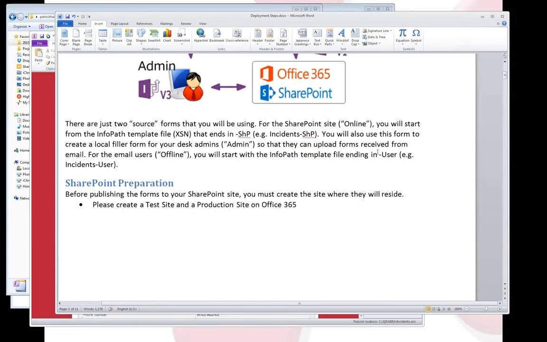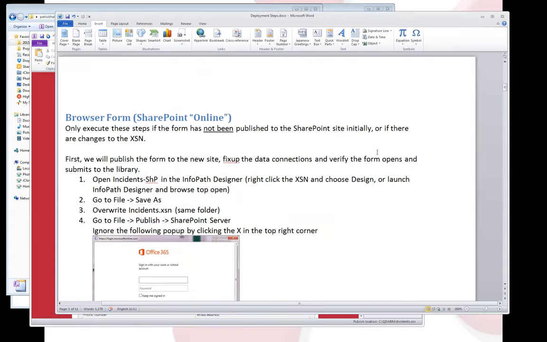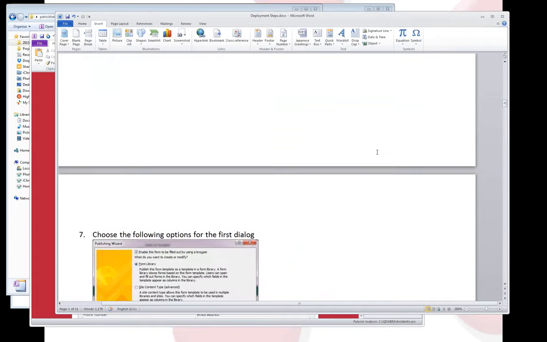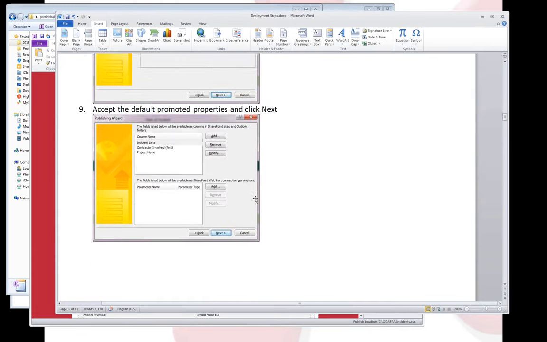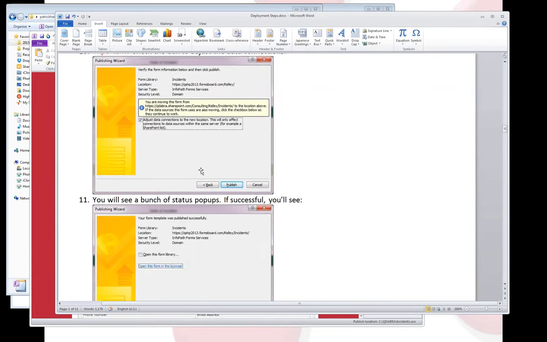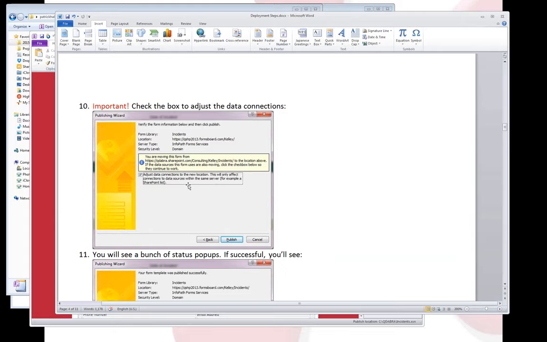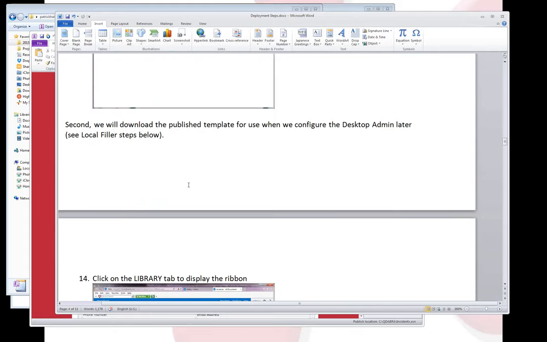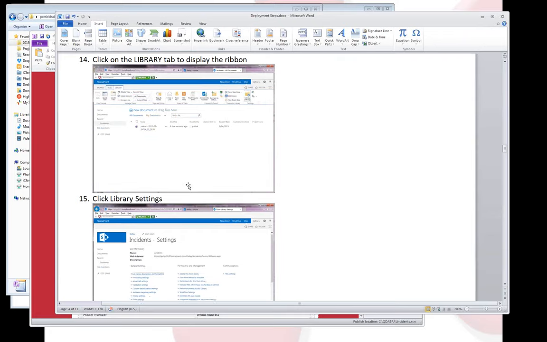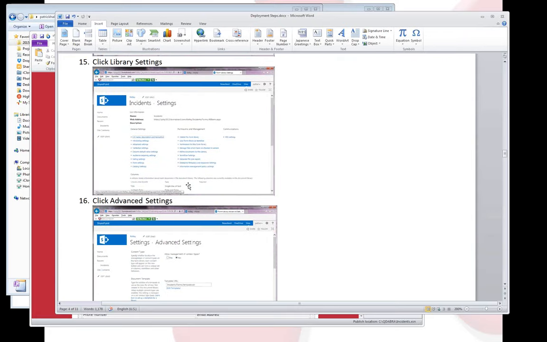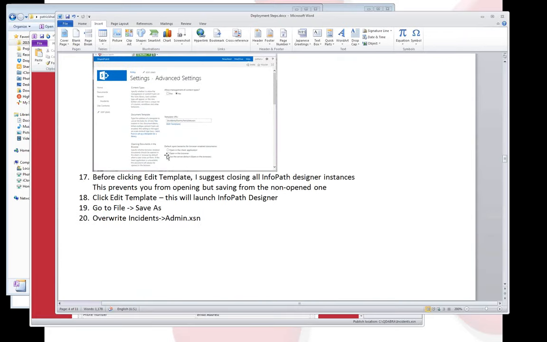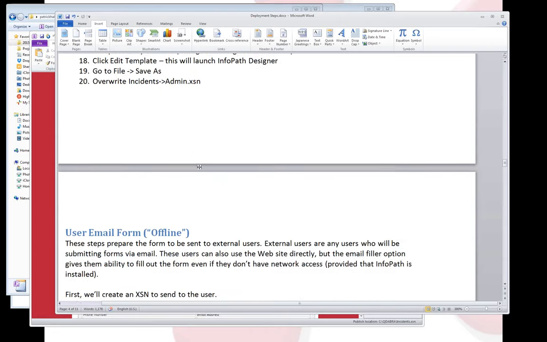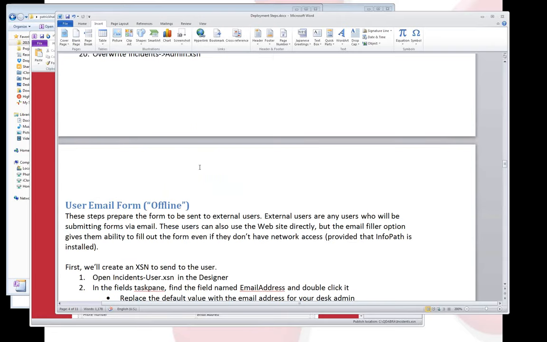So you'll get this document with the deployment steps, and it talks about how to deploy to SharePoint. You're going to have to fix up the data connections. There's an automatic way to do that when you publish. Don't forget step 10 here when you publish your form out to your SharePoint site. But it should work just fine with your SharePoint site. You'll need to fix up the data connections, but that's automatic. And then there's some steps to download the form once you've published it, and we'll use that in the final